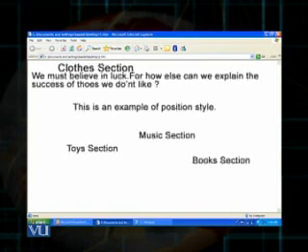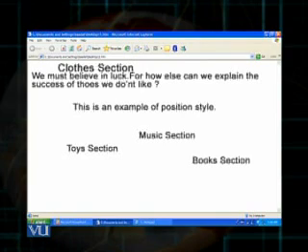Okay, we can see at the top there are words close section, and then there is a sentence, and after that sentence there is a line break and a line space, and this is because a paragraph tag has been used, and then there is a line which is separated from the left edge up to some pixel points, and this reads, this is an example of position styles.